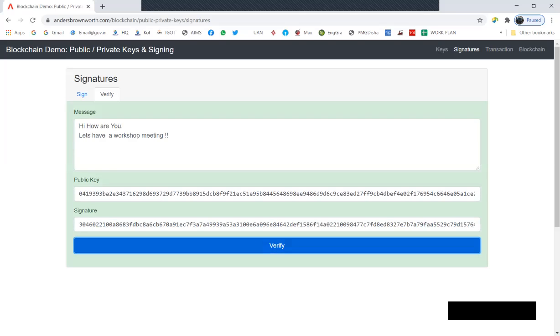Actually, there is an algorithm. That algorithm again generates the public key from this signature, because we already know that the public keys are generated from the private keys, right? If you take the example of Ethereum, an Ethereum account is created from the public key by taking the last 20 bytes of the public key. So those last 20 bytes of the public key act as an Ethereum account.